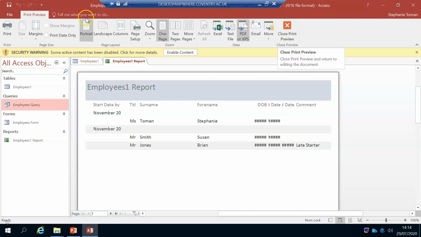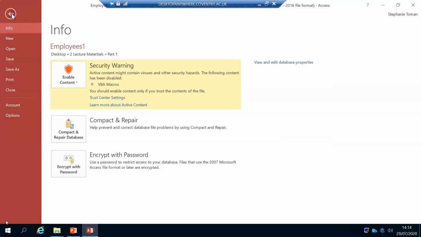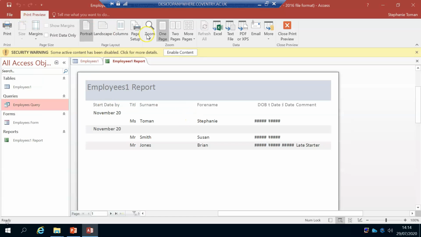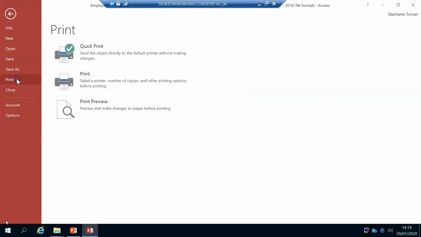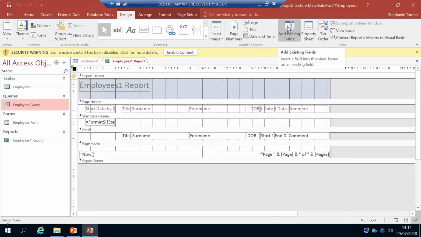Remember in Access you don't have a page layout page, so if you need to go into print previewing, you need to go through the file options to get there. So into the file and into there, and then you've got print preview, which will bring up things like your landscape, portrait, page setup, etc. So remember that, no page layout, that's how you get it, file and into print and then print preview. Reports automatically when they're created come up in print preview. To close the preview, you close that and you see the design of the report, just like you saw the